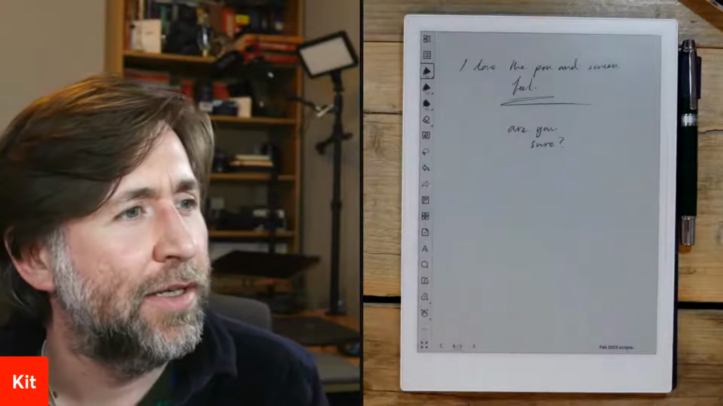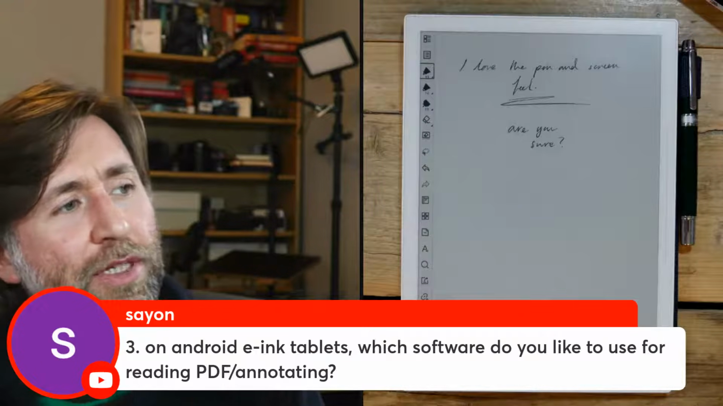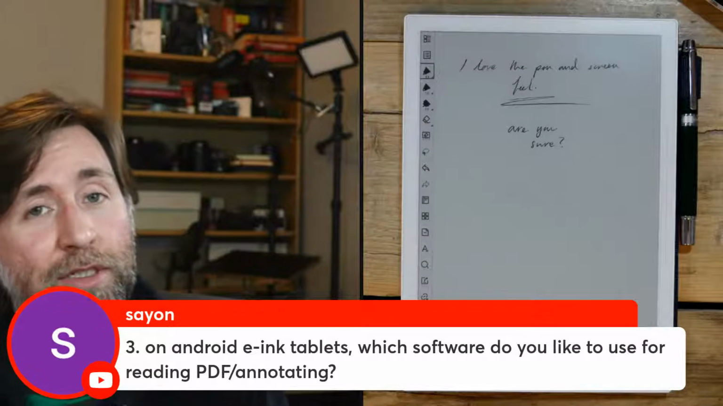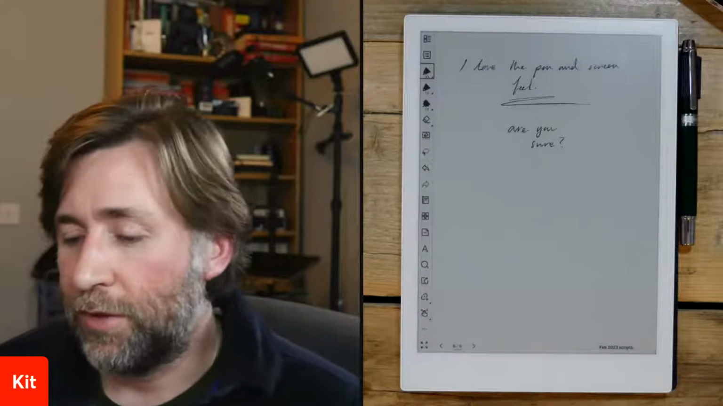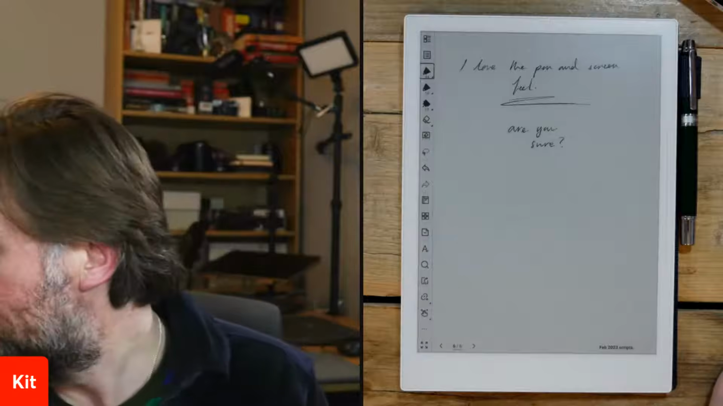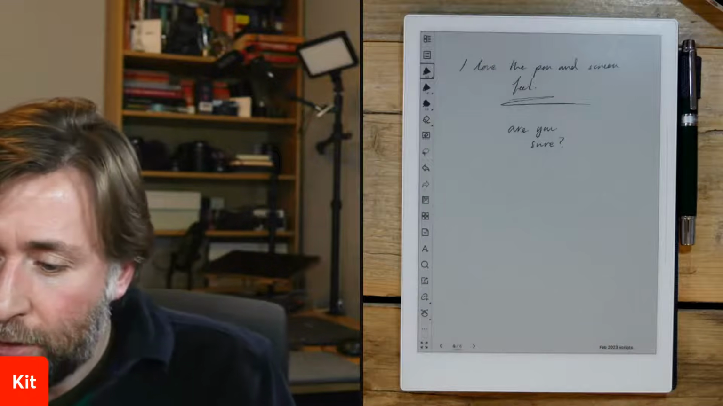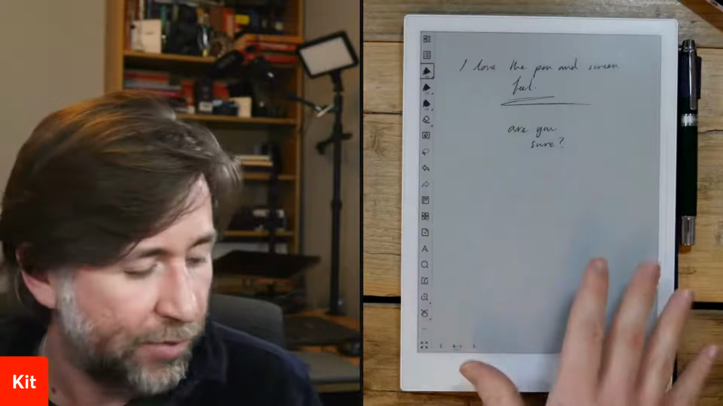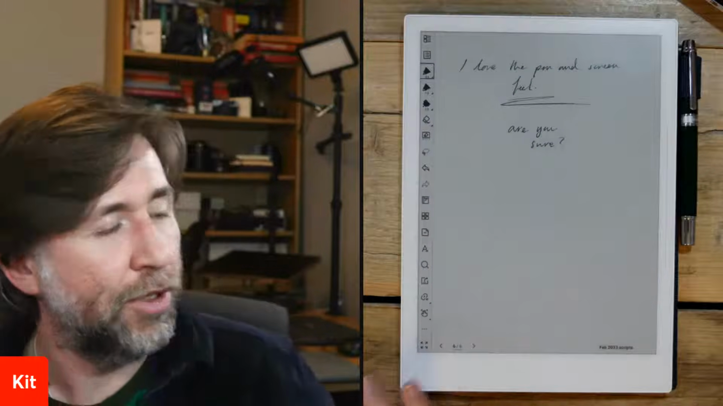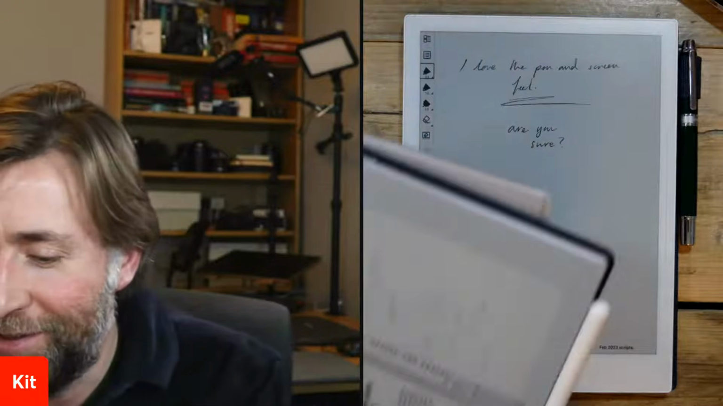Okay, and then lastly, on Android Eink tablets, which software do you use for reading PDF annotating? So just the built-in reader, basically. Most of them have done a really good job, apart from Kindle, of making a really usable reading app that lets you write on the screen. So when I open a PDF in the Supernote, for instance, it opens up in its own software. When I open up a PDF on the Boox,